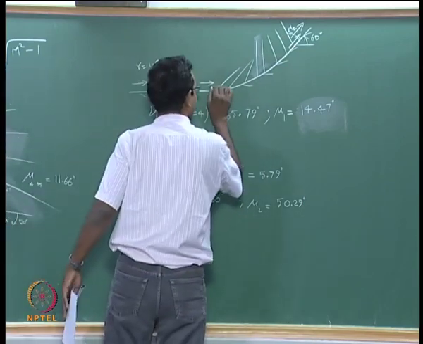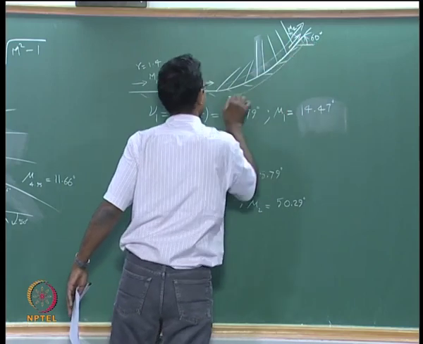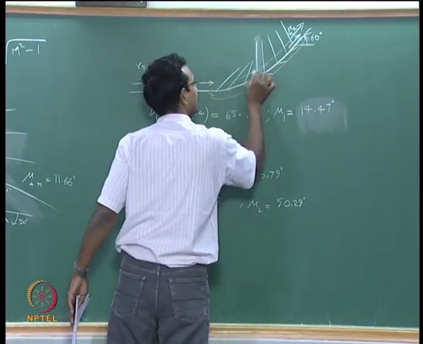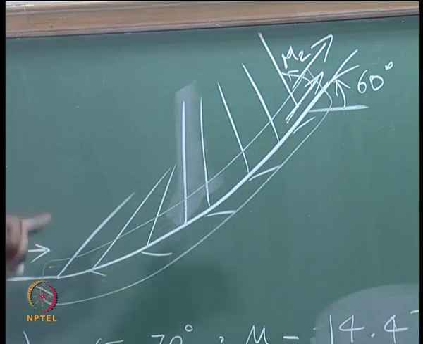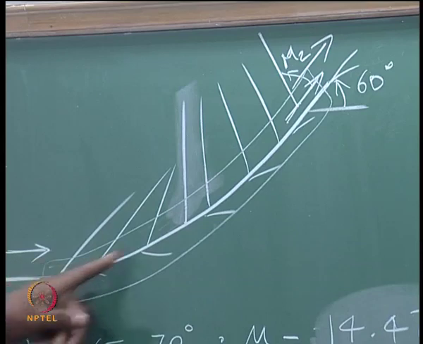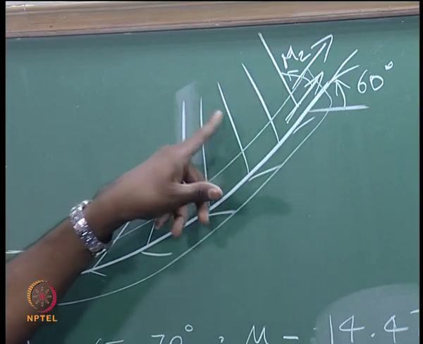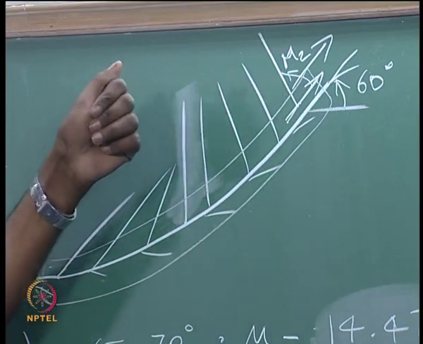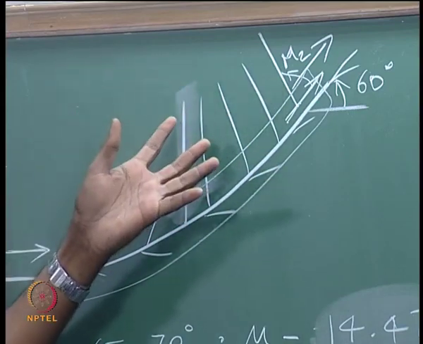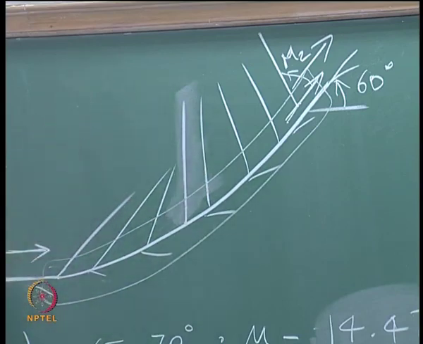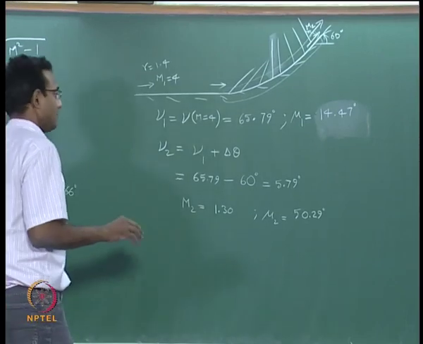We are interested in studying what is happening only very close to the wall, this region alone, nowhere else, just this region, where whatever theory I have said will be applicable because it is all very small changes at any time, very small changes close to isentropic, so this will work. When I go more out, these compression waves will come together and they will form a strong compression wave which will become a shock eventually. When that happens, it is non-isentropic, I cannot use any of these relations, things will go wrong there.